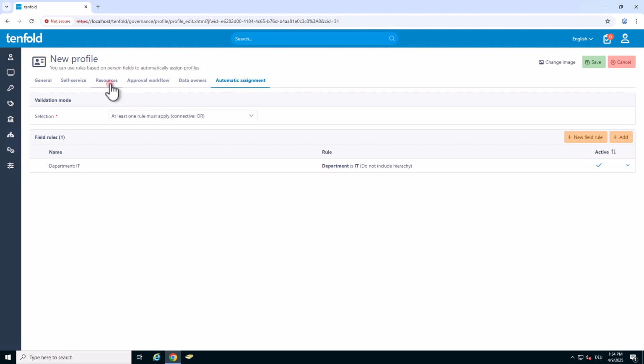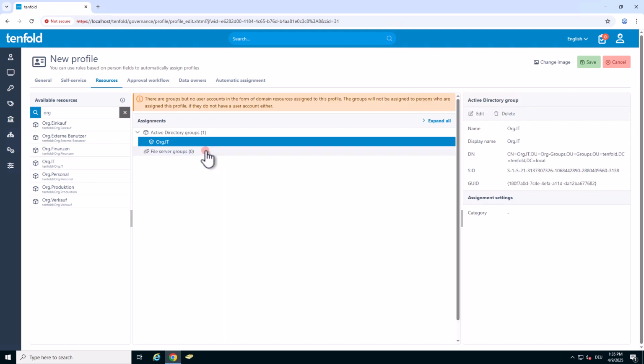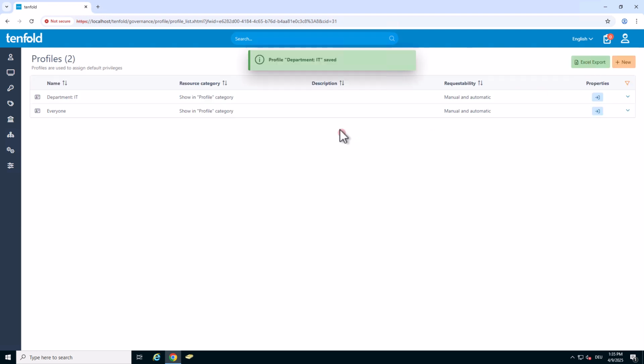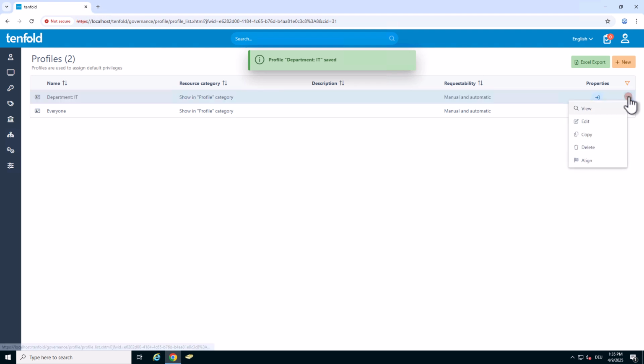And the third tab will be the resources, where you decide what content or permissions the user should get automatically if this profile is assigned. If you hit save, the profile is created and can be used. Automatic assigned profiles need to be manually aligned after creating them.